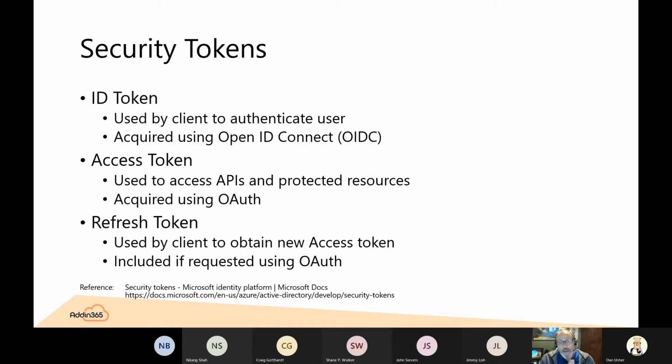When I want to connect to Microsoft Graph, I don't need an ID token. I need an access token. Microsoft is going to use the access token for that authorization check that we talked about, right? So an access token is given to us by Microsoft's identity platform, or Azure AD, and then we give it back to Microsoft Graph.